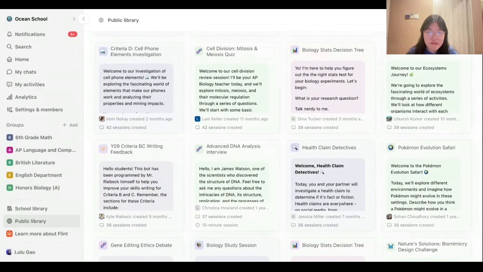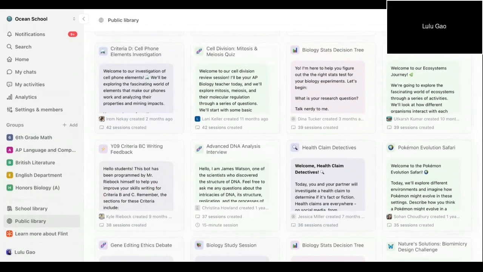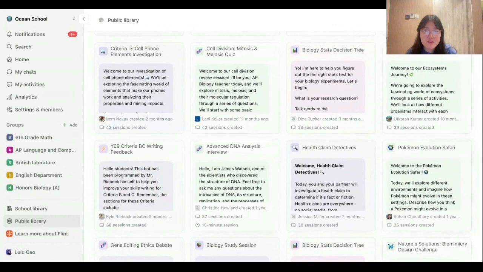Oh, and I did want to demonstrate a student made activity flow. So this is how you could maybe show your students how to create an activity in Flint. And actually, I started from a chat here because I also wanted to demonstrate how you can go from chat to activity. But here, I basically, as a student in this account, selected the option for help me make a